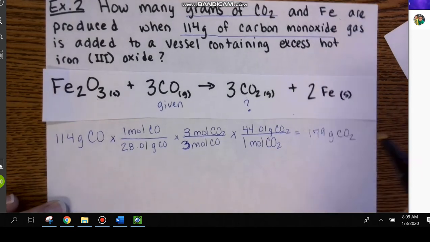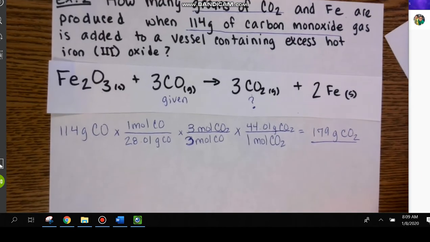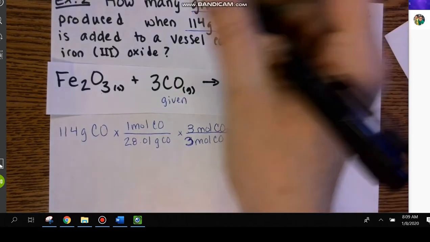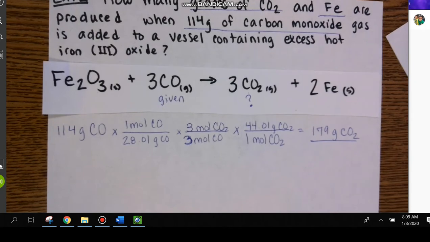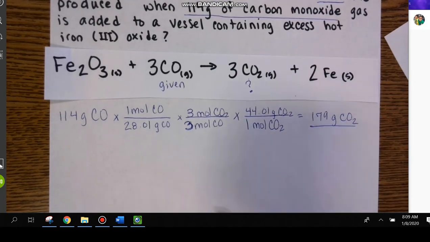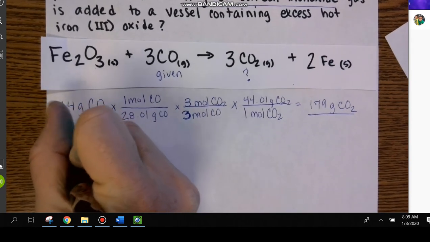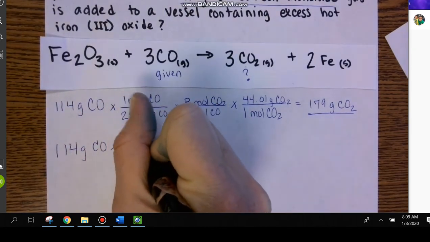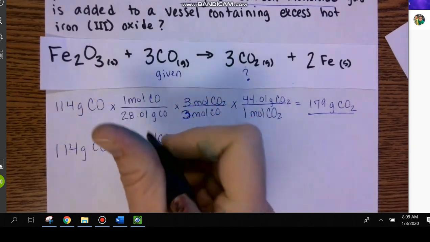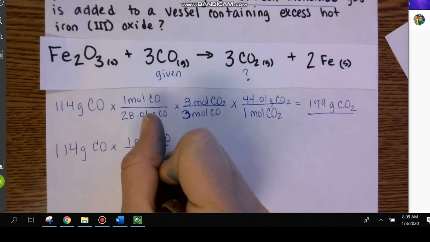Okay, so that's what we've got so far. This question also asks us how many grams of iron are produced. So we have to start with the same thing. Always start with your given. Start with our 114 grams of carbon monoxide. We've already found our molar mass from the periodic table,